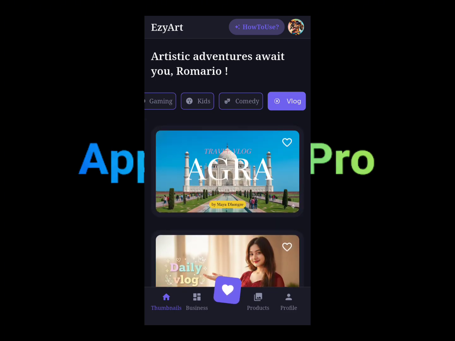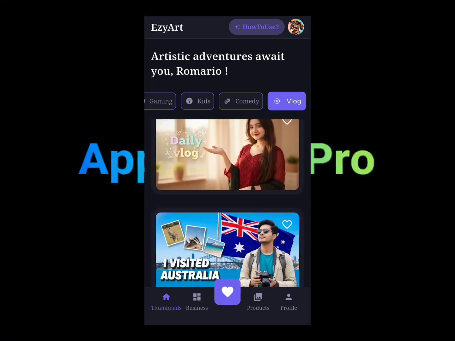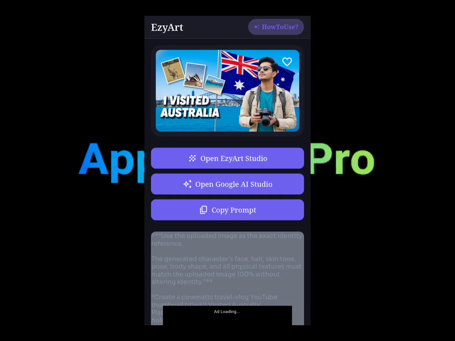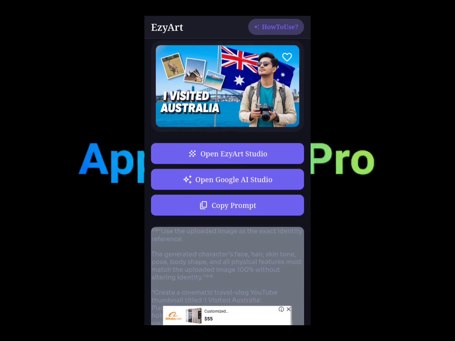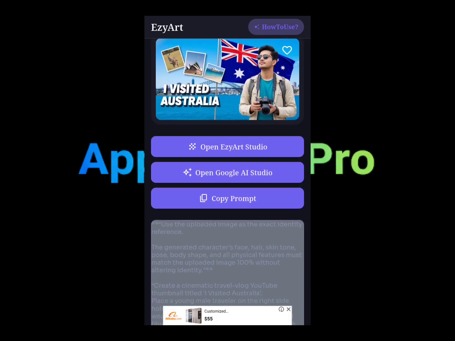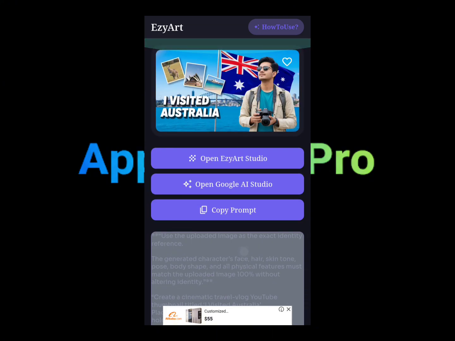So let's say you want to try these thumbnails. You won't be able to download them over, but you can edit these thumbnails. You can edit it through their studio, or you can use Google AI Studio, or you can even copy the prompt and get a similar result. But you won't get the guy in it, but you get the exact same results if you copy the prompt